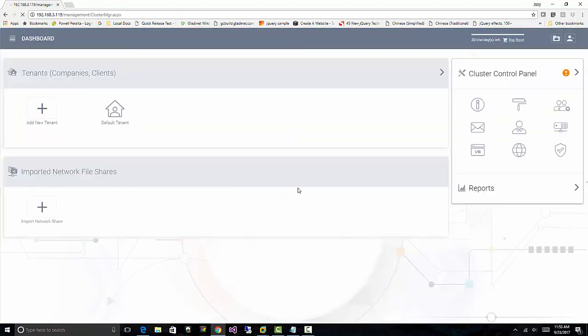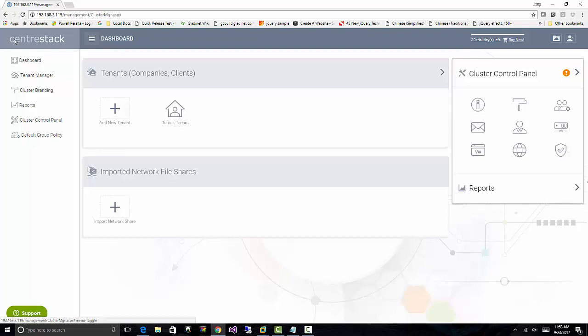Hello everyone. Today we will go over the new user interface in CentreStack. We just logged in and the first thing you are seeing here is the cluster management. On the right hand side you can see the cluster control panel, and you can also see the different